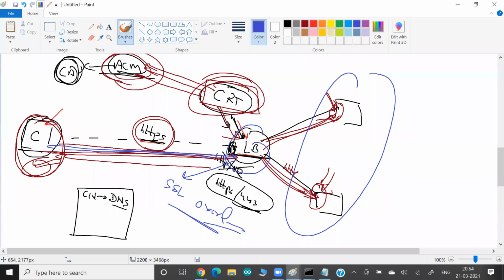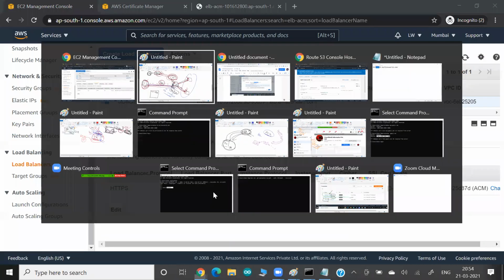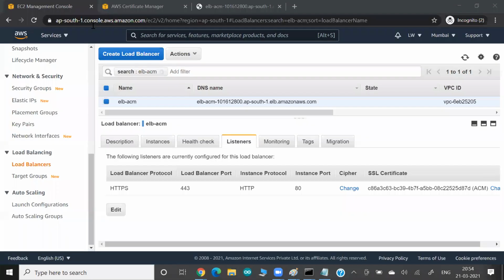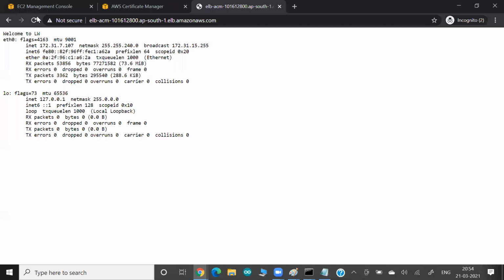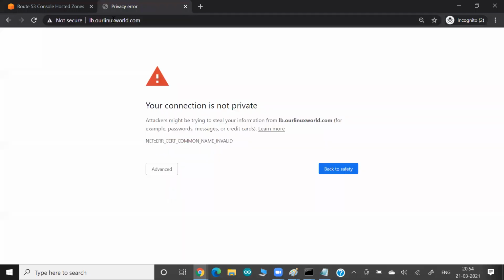So we are doing this setup over here. Let me show you guys the final output. Last time, if you tried to connect to this site, it was working. Let me refresh again. It is not working, or let me open that terminal. Last time it was not working. If you connect now, guys, you can see this message come up. This message says your connection is not private. If you go to advanced,